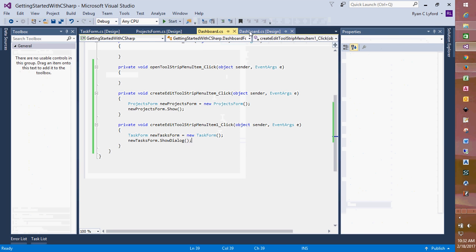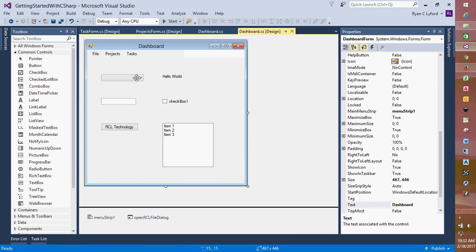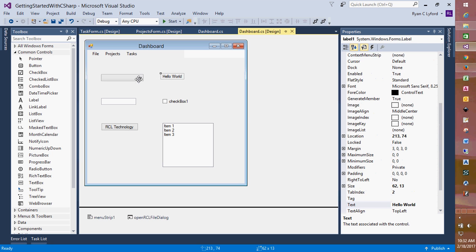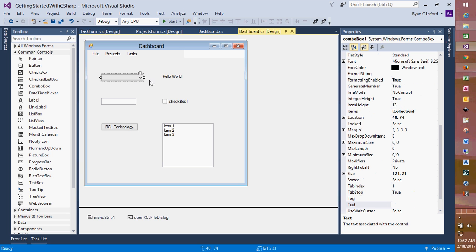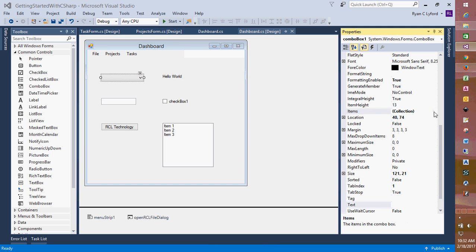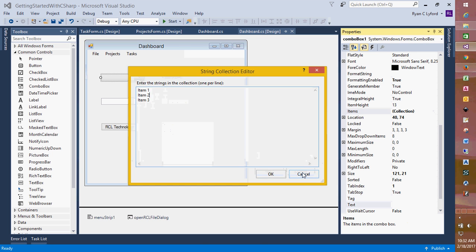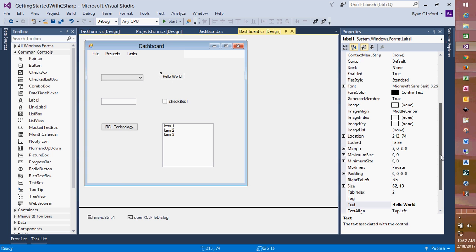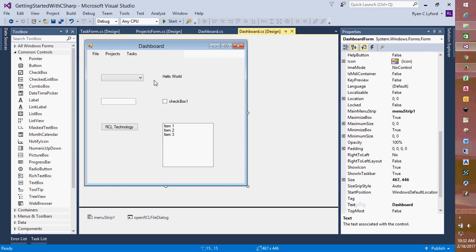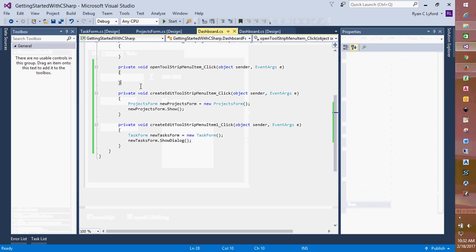And what we'll also do is we'll quickly show you how to use some of the variables that we have. So you remember we created a collection of items in our combo box, item 1, 2, and 3. And this is our label 1. So on our form, or on our dashboard,